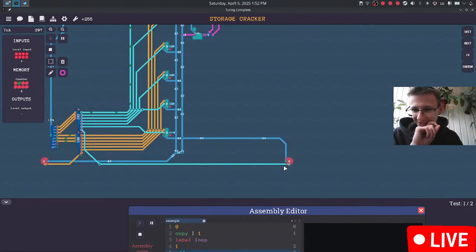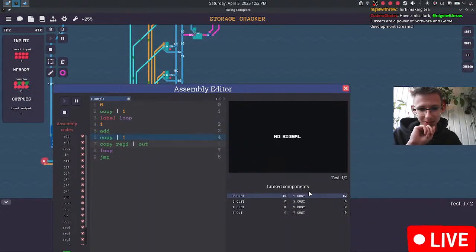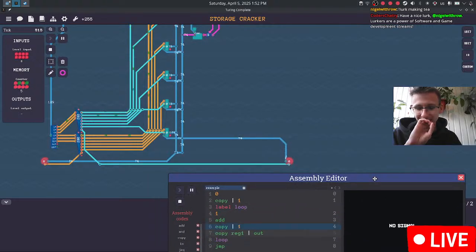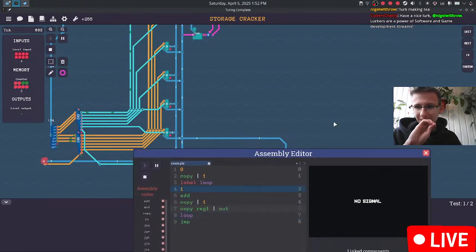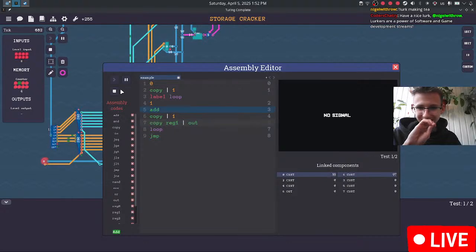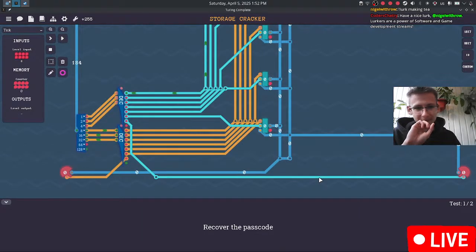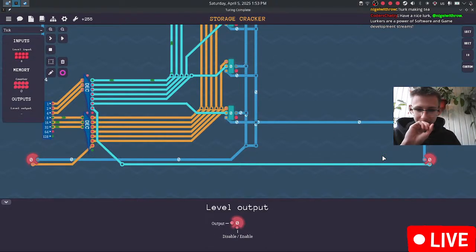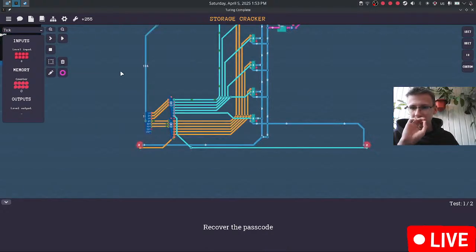Wait, I'm not even seeing it output. Hold on, no, this is a register. Okay, it's not outputting for some reason. It's never outputting. Okay, stop. 1 out of 2. So this thing, output enable. Okay, let me try